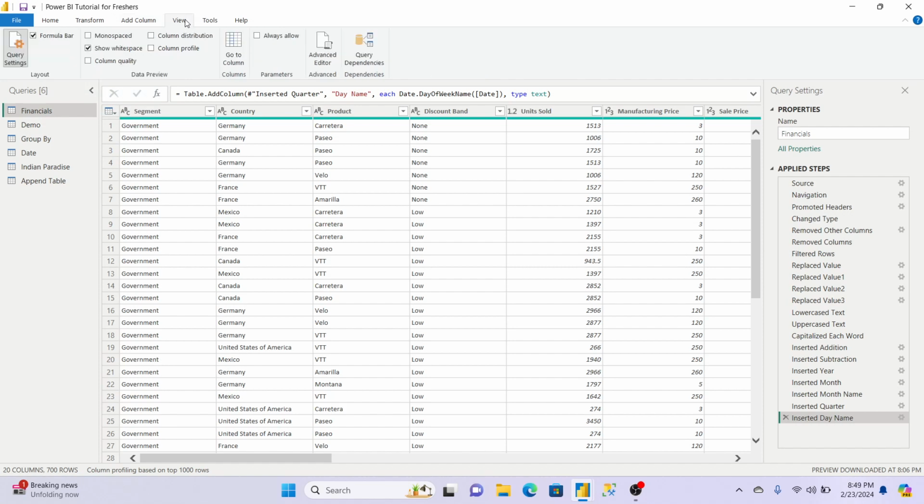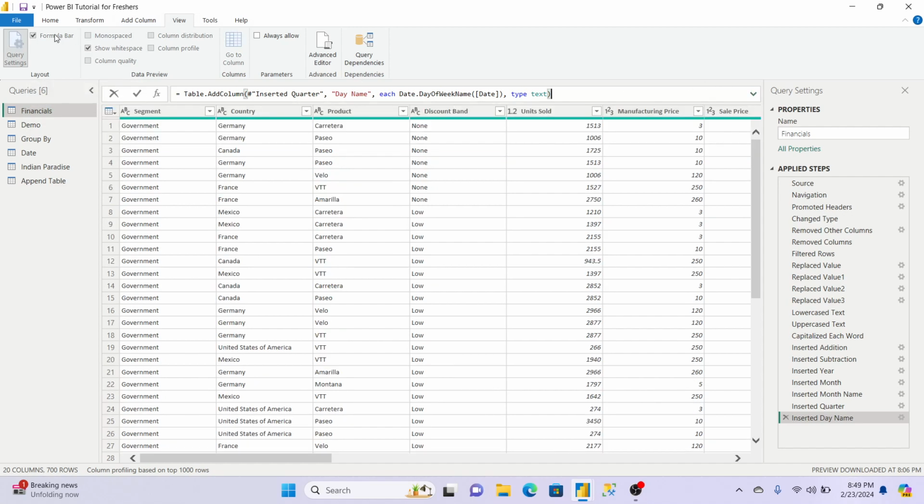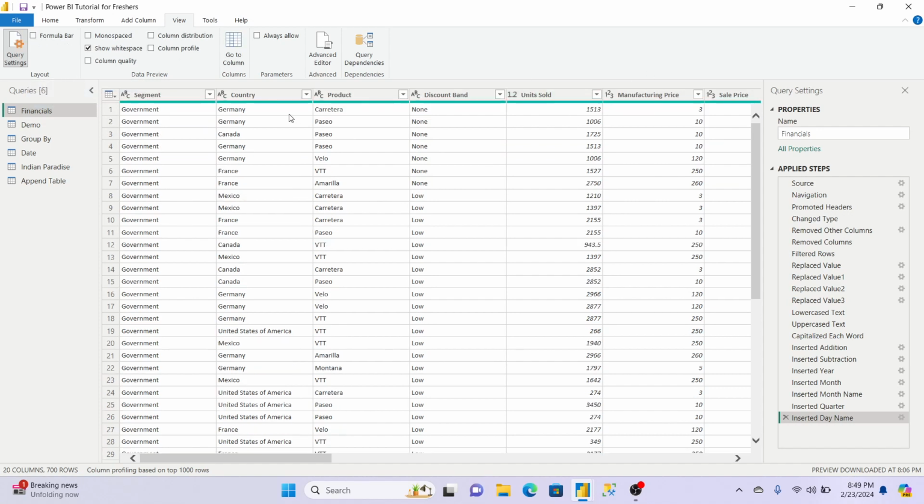Coming to the view tab. See, this is the third part of the video. You are seeing my videos, you might ask, what is this? Here it is showing. So see this formula bar, you are able to see. If you click here and remove this, see, this formula bar has gone.